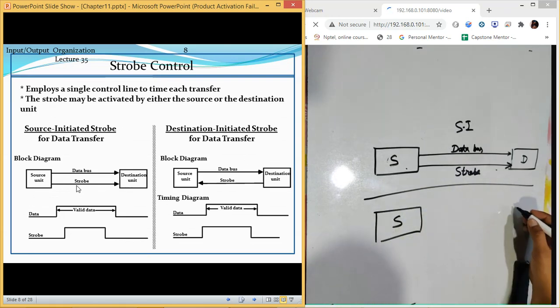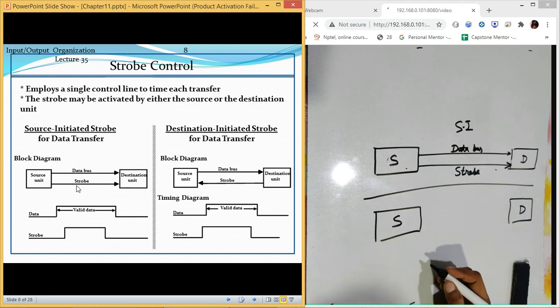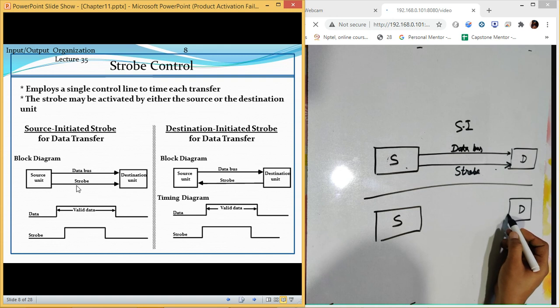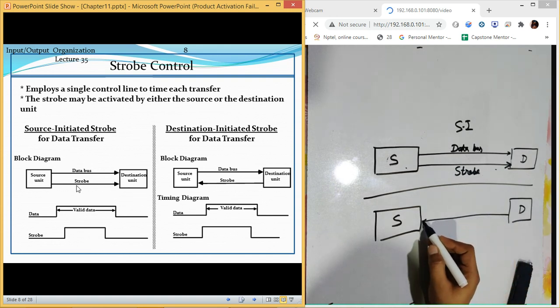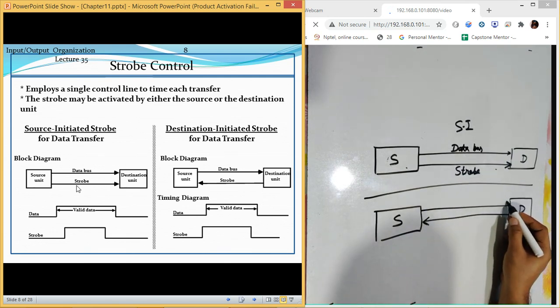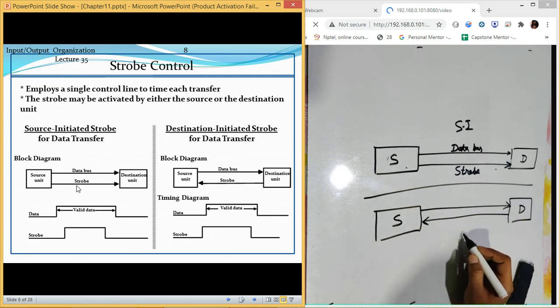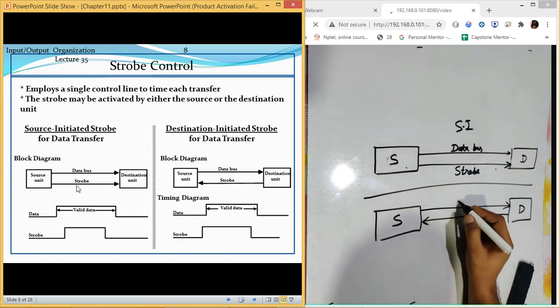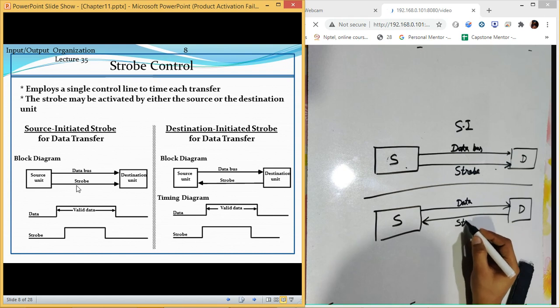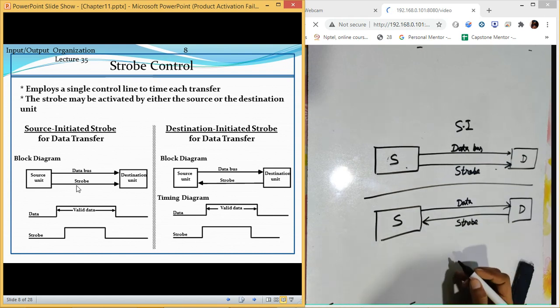So this is source, this is destination. Now in destination initiated strobe, firstly the destination will send the strobe message to the source that yes, I'm ready to accept the data. Once it is done, then the data will be transferred from the source. So this is data and this is strobe.